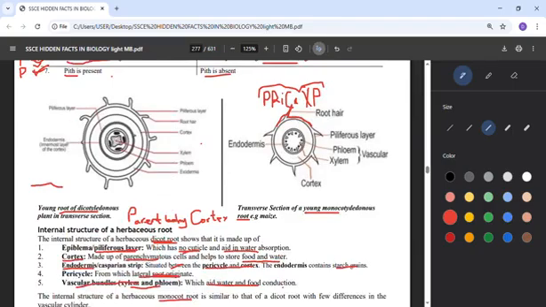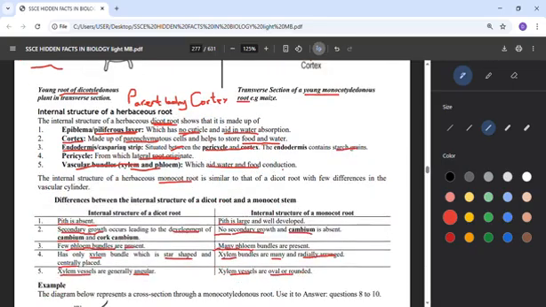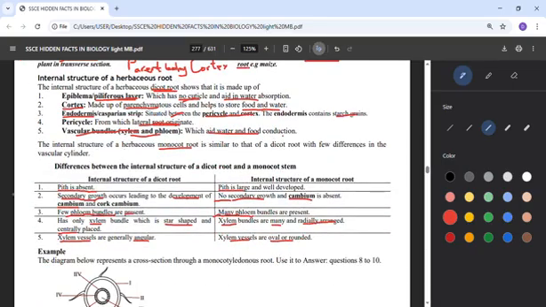While on the right hand side, the xylem is not star shaped, but on the left it is star shaped xylem. So for this we say it has only star shaped xylem and it's at the center,